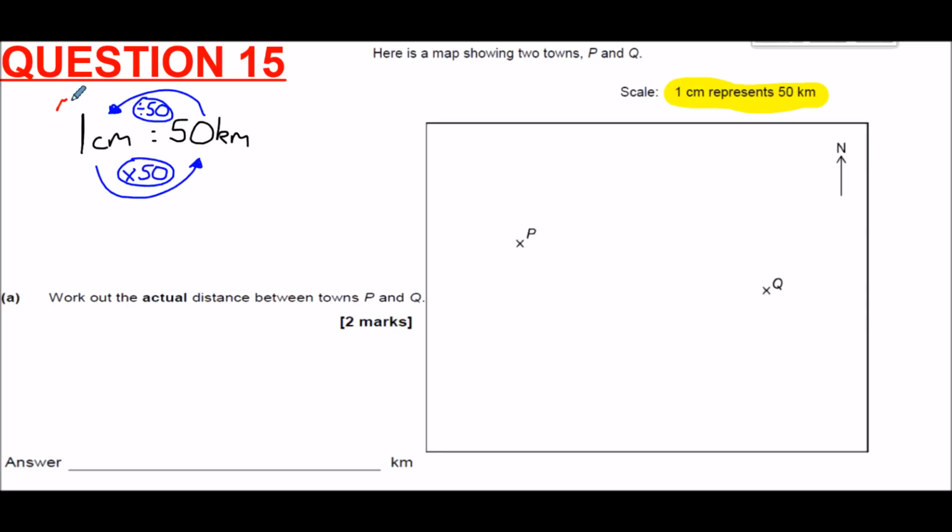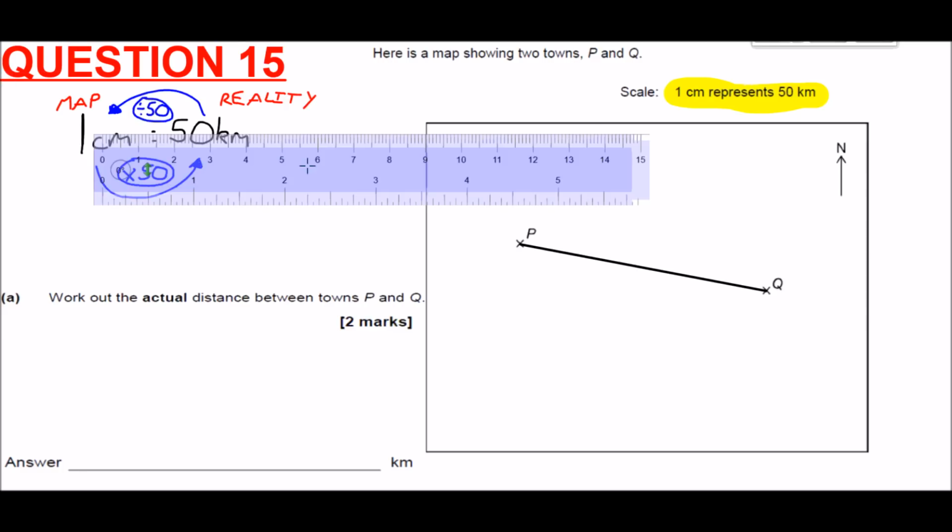So this is the map. This is reality. So to change from our distance in centimetres on the map to the distance in kilometres in reality, we just multiply by 50. What we're going to have to do for this one is actually measure on the map the distance from P to Q. So we need to measure this line here. And the way to measure is with a ruler. So we need to get our ruler to hand